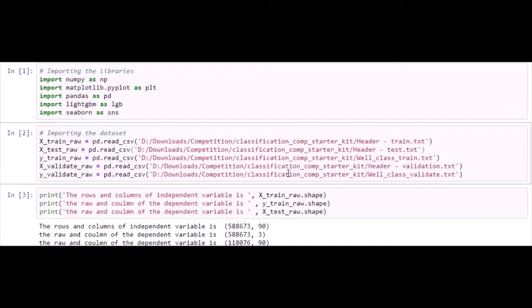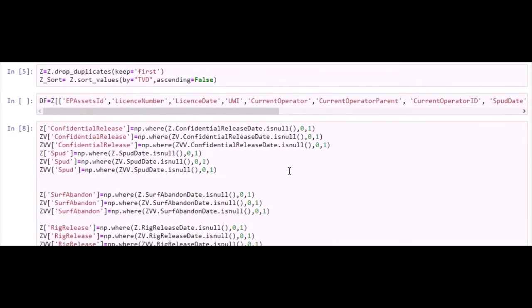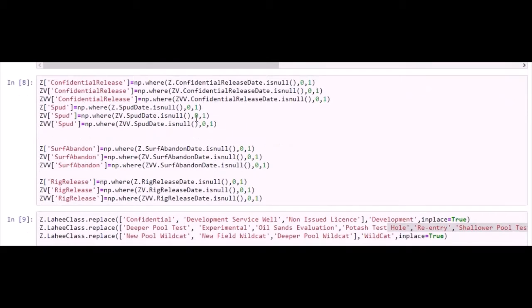Hello, I use Python for solving this challenge, and first what I did was converting all the features with dates, like confidential release date, spud date, surface abandon date, and release date, to 0s and 1s: 0 for null and 1 for the rows that have a date. And by exploring the surface abandon date, it was obvious that most of the rows with a surface abandon date have been abandoned, so I think that was a good